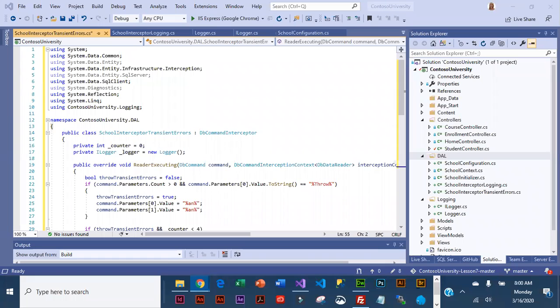So again, quick overview of this process. When we go to the student index and we enter the word throw, we are creating a dummy SQL database exception for error number 20. And number 20 is a type known to be transient, and there are other numbers you could use: 64, 233, 10,053, etc. So 20 is not the only number you can use, but it's the easiest one for us to code. The code returns the exception to Entity Framework